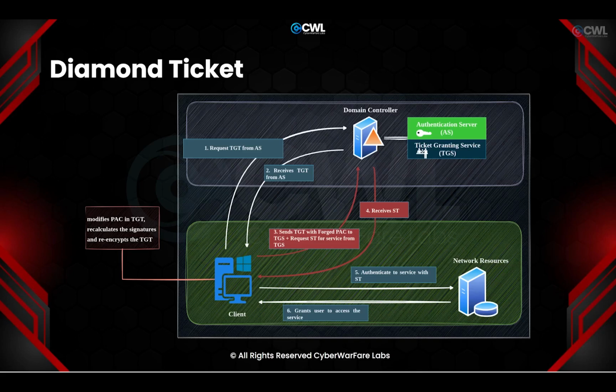We will see that in the lab. Now, first of all, the TGT will be generated for the user, whichever user logs in. Let's just assume that it's a very low privilege user. Now, once the TGT is received,